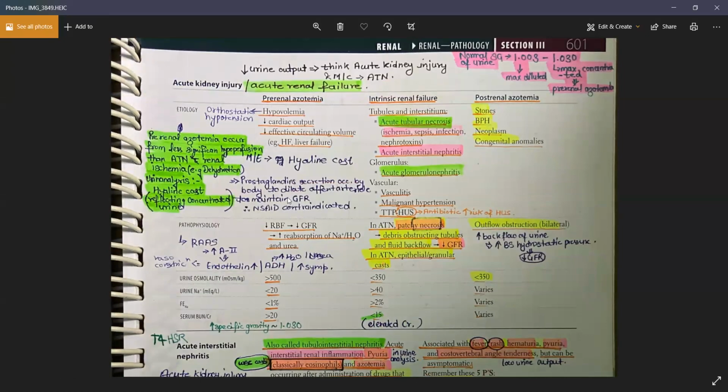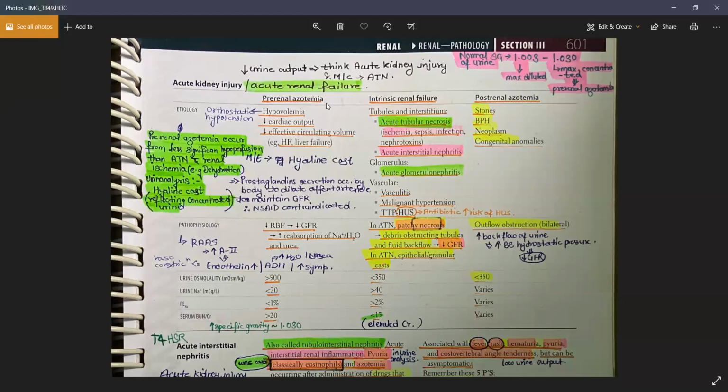Okay, now you have acute kidney injury, or you can say acute renal failure. Okay, that means a sudden drop in the GFR. The patient will have a high level of creatinine in all of these diseases. In all of these conditions, the patient will have a high creatinine. Okay, low excretion of urine, that means oliguria will be present. Low GFR will be present. Okay, and the patient will also have a history of edema because of the renal failure in all of these diseases, right? So it is a form of acute renal failure or acute kidney injury.